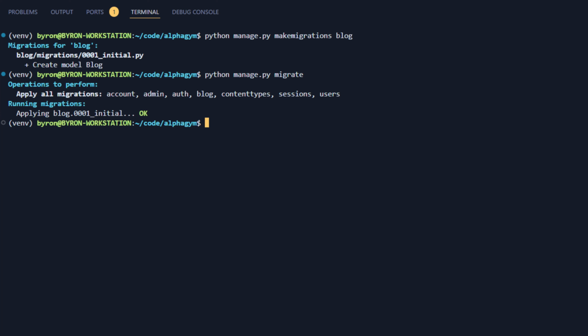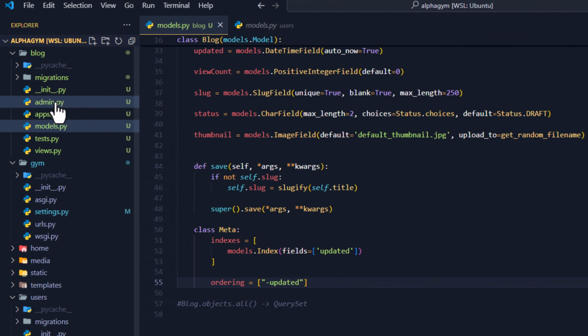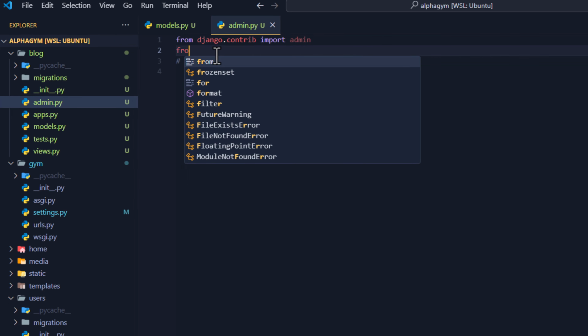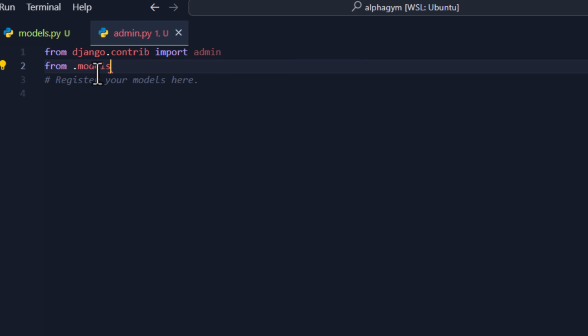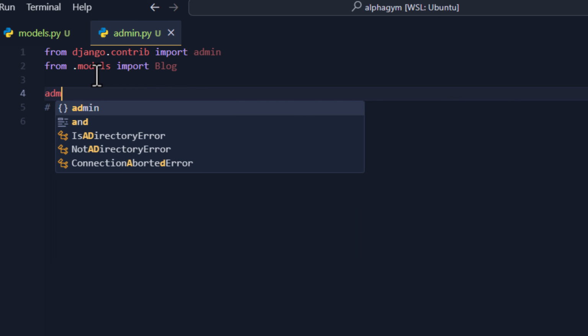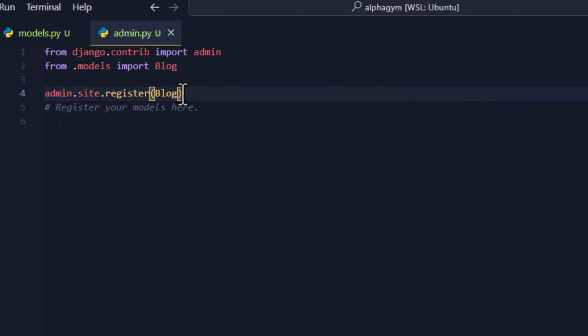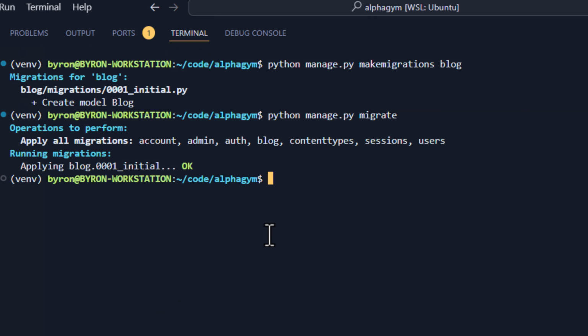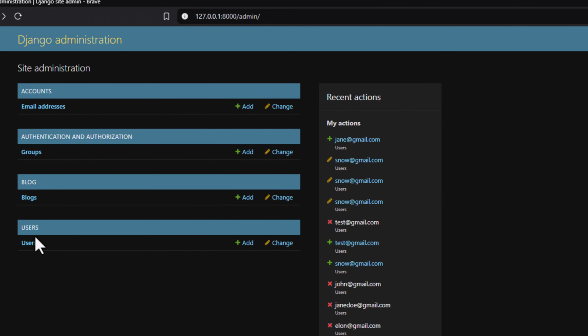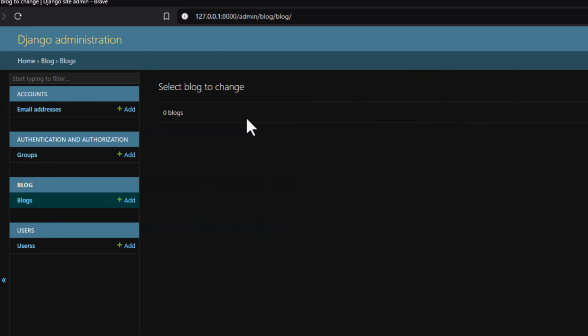After that, we need to register it in our admin page. So we can import the model. So from current directory .models import Blog. Then to register it, we're going to customize it in a few minutes. But first of all, let's see it. We can run the server and navigate to the admin page. So you will notice that we have our blog objects over here. At the moment, we don't have any blogs,